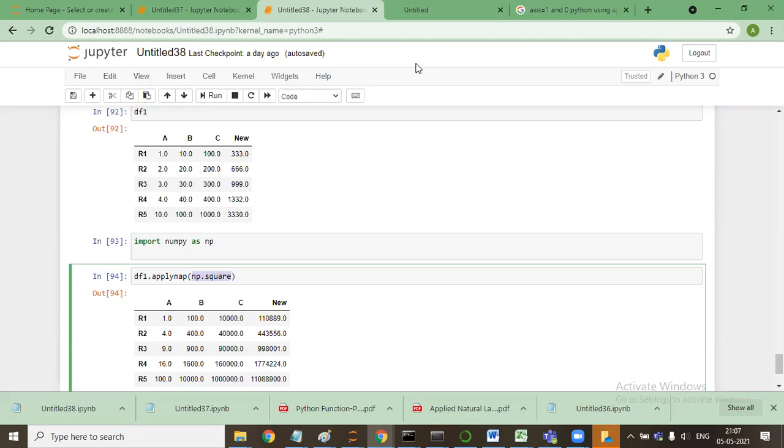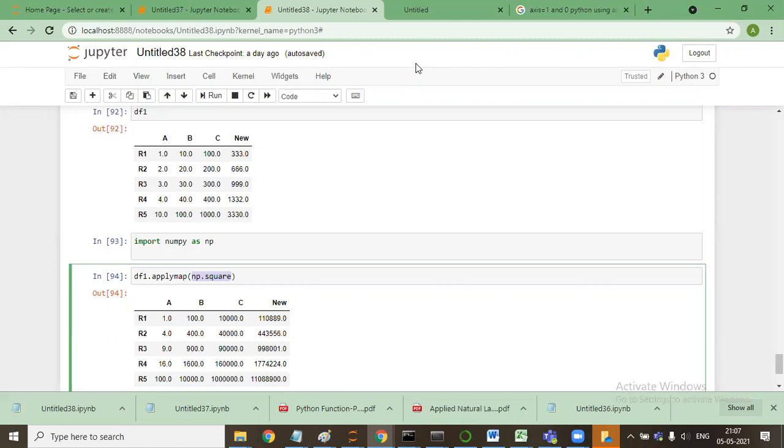Anybody else, any doubt till now? We have understood everything, but can we square all the rows or all the columns? Yeah, you can, but for that you need to use apply, not applymap. If you want to store the sum of squares of all rows into another variable, because you are now performing an operation on the sum of squares, then you use apply.